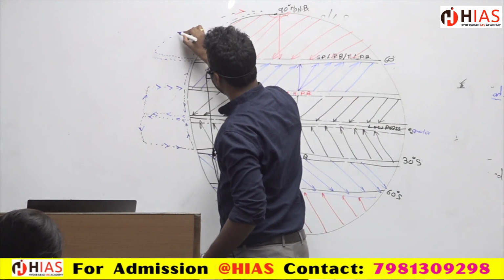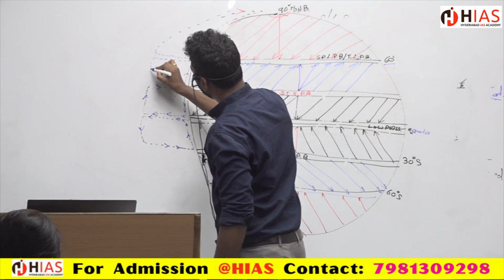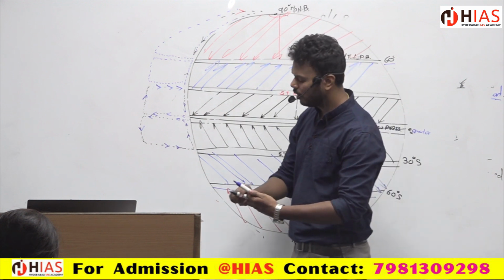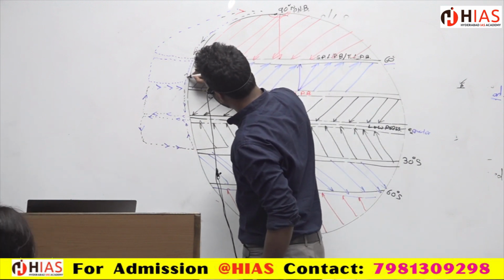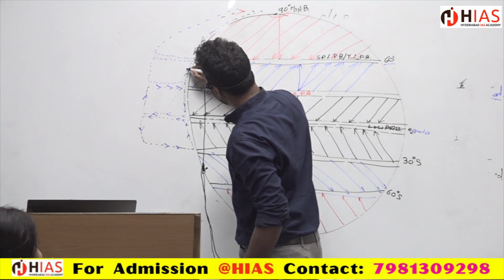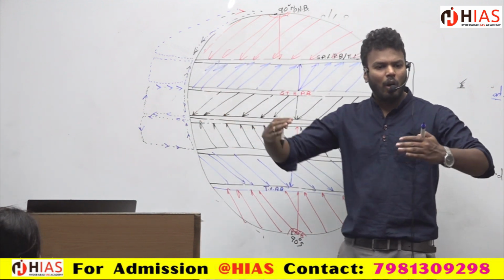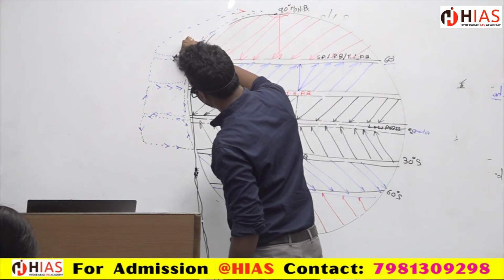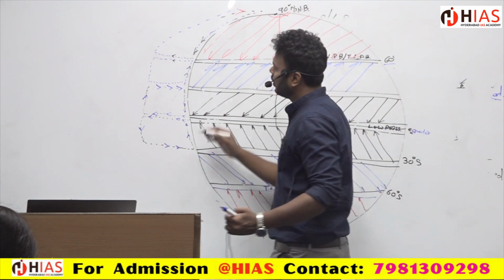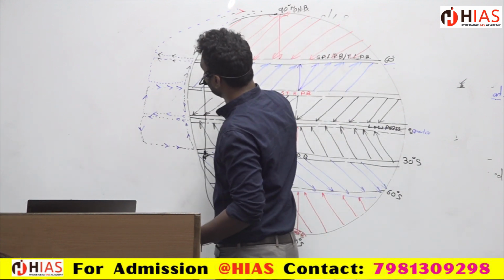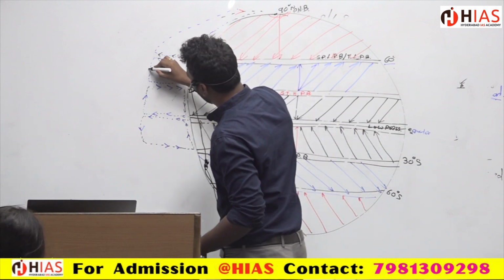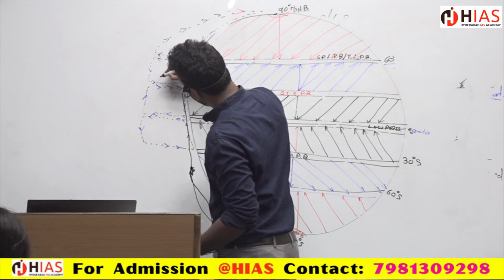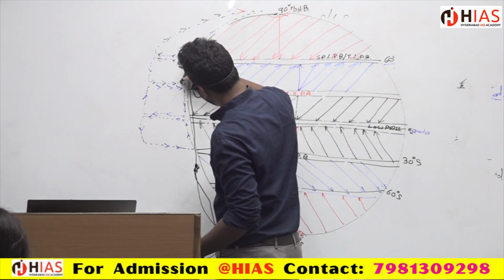So now it is deflecting in this manner, and it is coming down in this manner. See, they are rising. Below, all the winds are uniting. After getting united, what is happening? They are rising. They are reaching the tropopause. After reaching the tropopause, they are descending. So here they are descending.